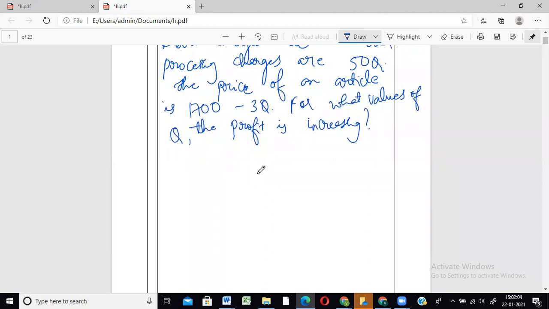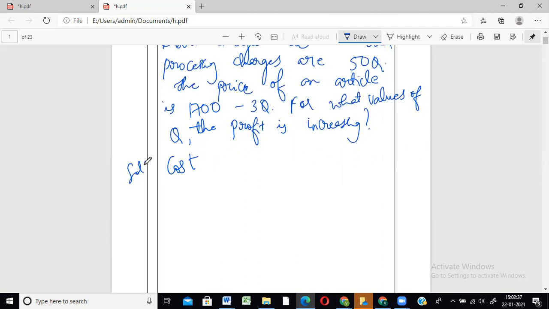The very basic formula for profit that we all know is related to cost and selling price, correct? And I think I told you last time as well that revenue is nothing but your selling price only. Like the revenue function we did, revenue function is something like the selling price. Whenever you sell everything you have produced, whatever amount you get after selling is your income, correct? So that is your revenue. So let us first find out cost.